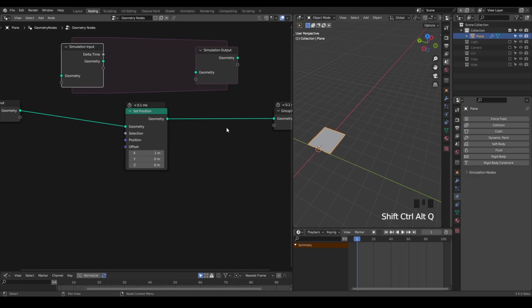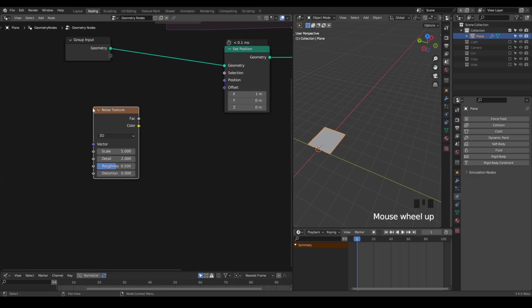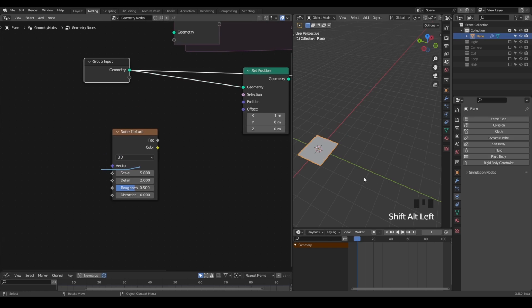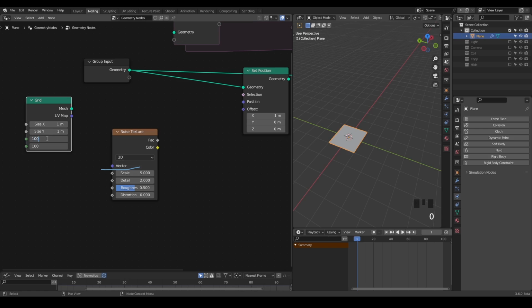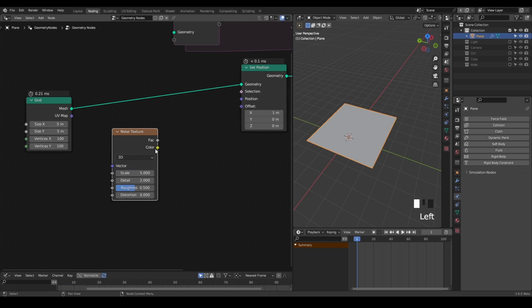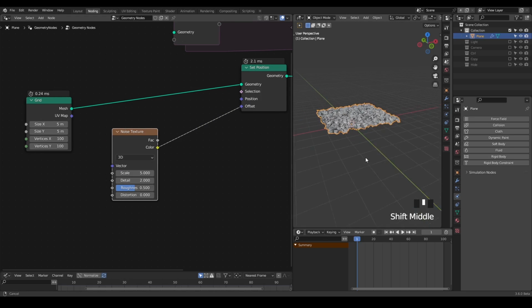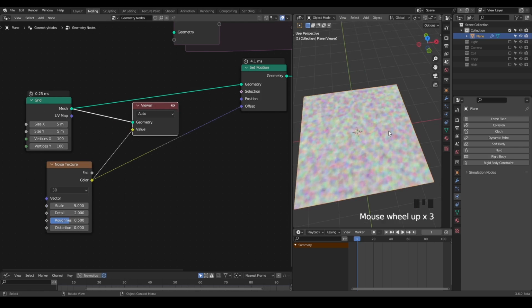So why do we need simulation nodes today? Because we are working with something that you cannot keyframe, that is noise texture. Noise texture is driven by the vector from your input geometry. Here, instead of using the initial grid, let's make a procedural grid so that I can control the amount of vertices and probably increase the size as well. And then let's take the set position. By adding this noise texture, you can see it becomes very noisy. And we can visualize this noise by using the viewer node. You can see all this kind of color